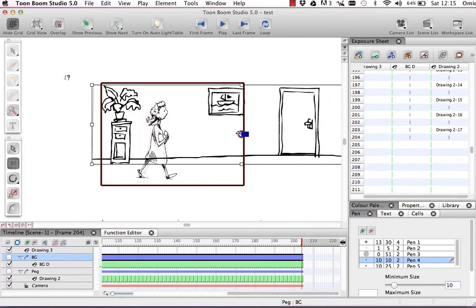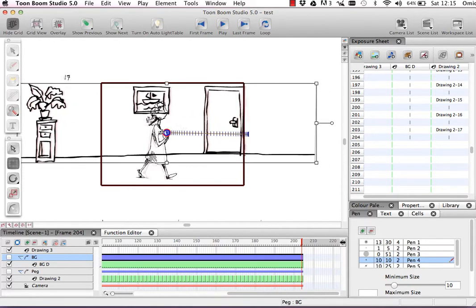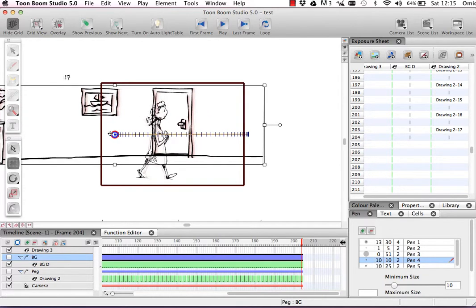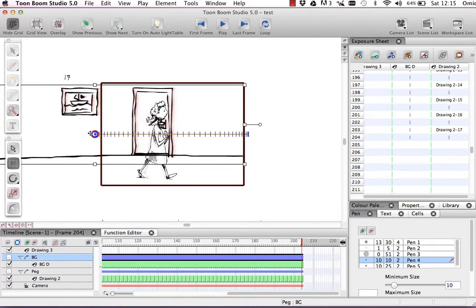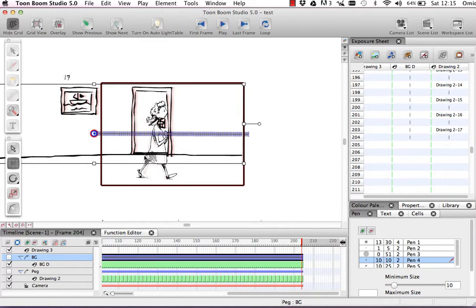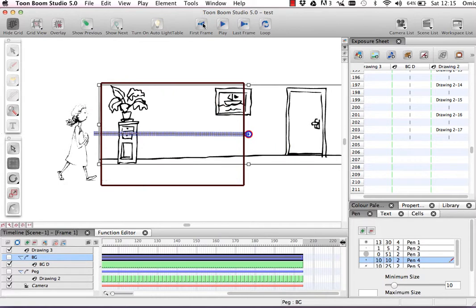It becomes a simple exercise of moving the camera until we hit the last frame there. So if I replay this now, hopefully